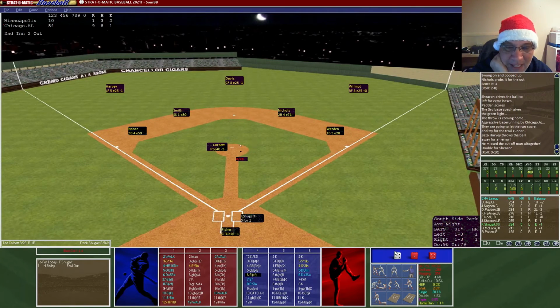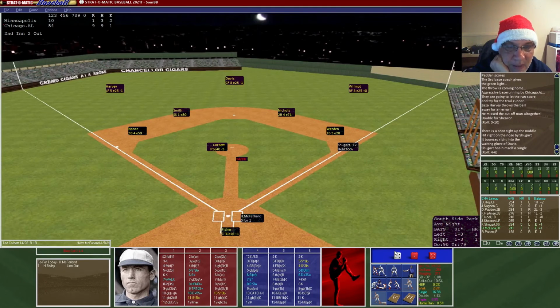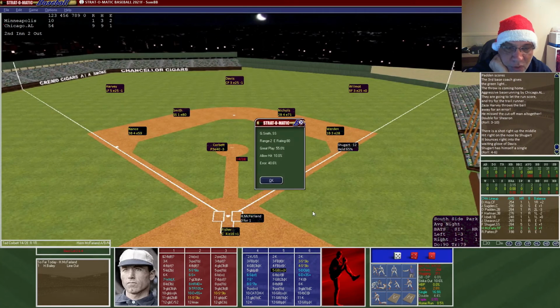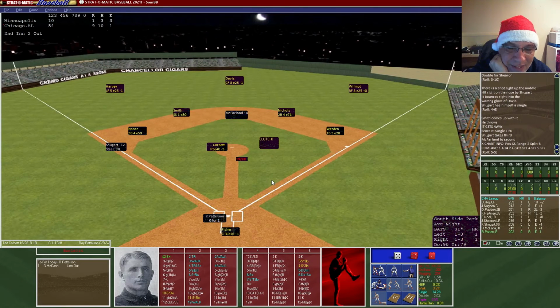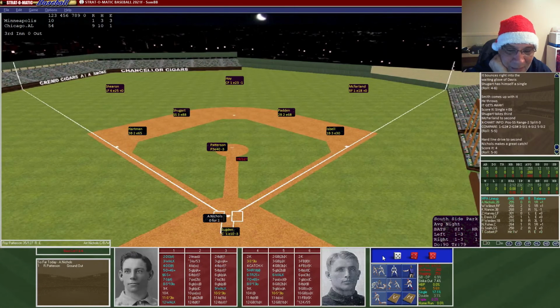Shugart is up. He's going to rip a single. The hits just keep on coming, and now McFarland, the right fielder, is up. He's going to hit a ground ball to short. Smith's going to have to make a play, and no, it is another single on an error for the second time. Chicago has batted through the lineup as the pitcher Roy Patterson is up. The last time he lined out, he's going to line out again. I'm sure Minneapolis is glad to see when Roy Patterson comes up because it usually means an end of an